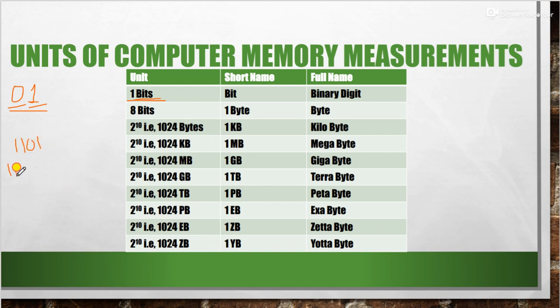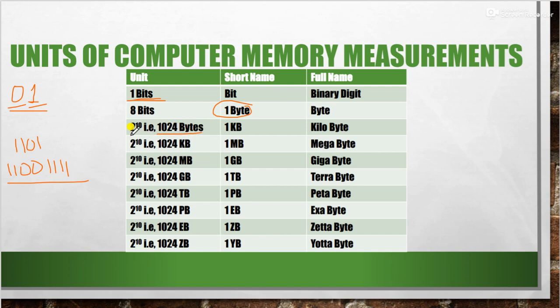If you are writing 1 1 0 0, then 1 1 1 1, this is your 8 bits of information. This 8 bits of information is called 1 byte. Okay, so what you have to understand is that a combination of 8 bits will make 1 byte of information. Now in this manner only we are increasing the size of memory or size of bits.